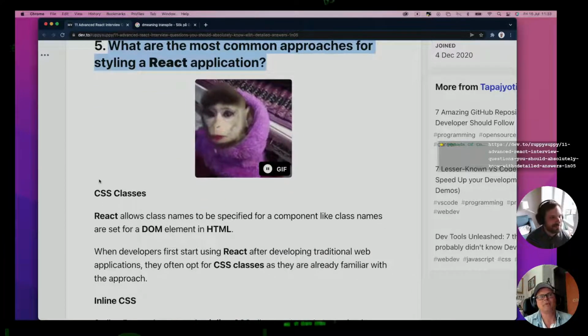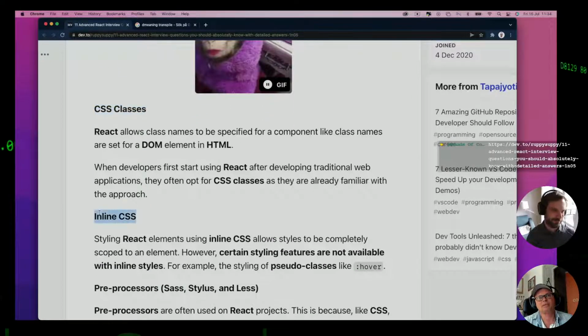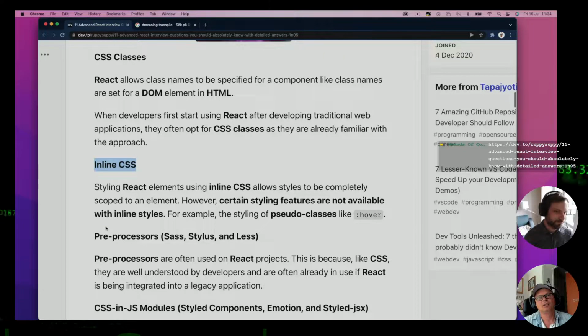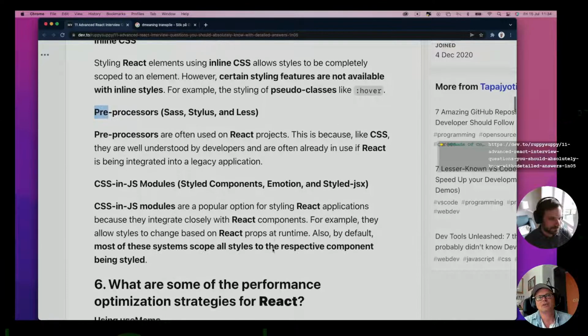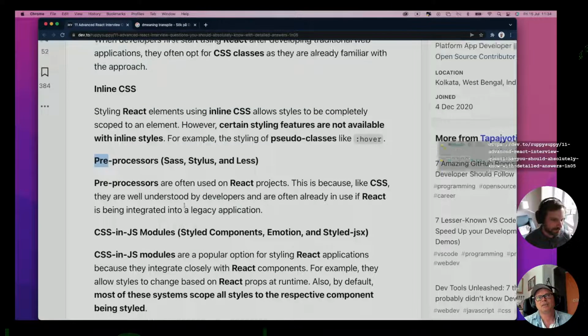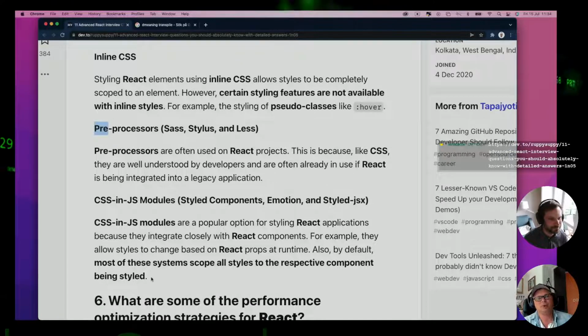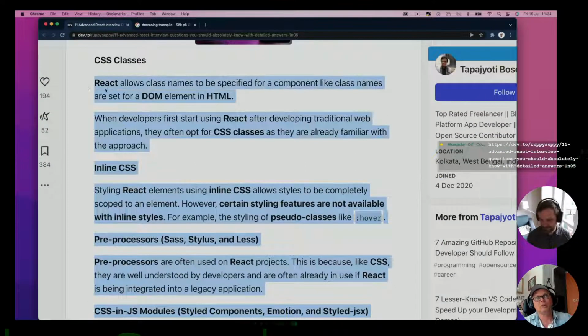Yeah. But anyway, they talk about CSS classes, inline CSS, preprocessors, CSS in JS modules, styled components, Emotion styled JS. Right. So, okay, without going through the entire answer,